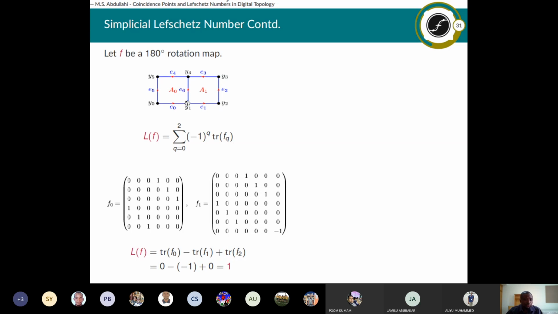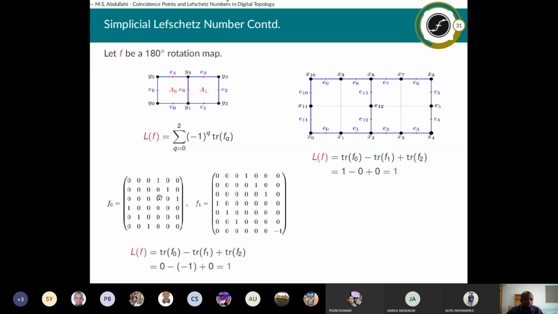And similarly, this will move. When we do it, this will move here, and that is why we have this, etc., etc. So when we do it for the one-dimensional simplex, we are going to consider the edges, but in this case we have to define some kind of direction for the edges, so that it will be easy for us to take notice of what happens to the edges when we do the 180 rotation.